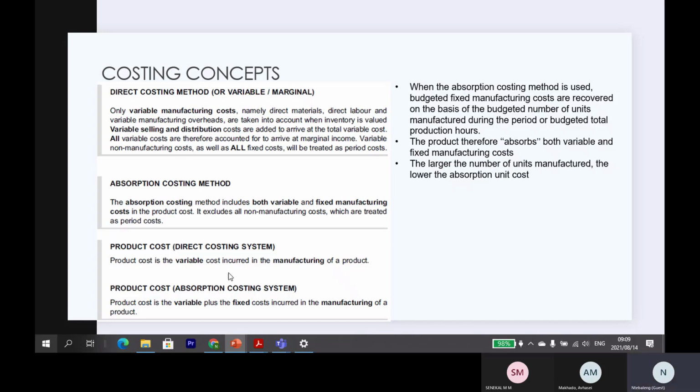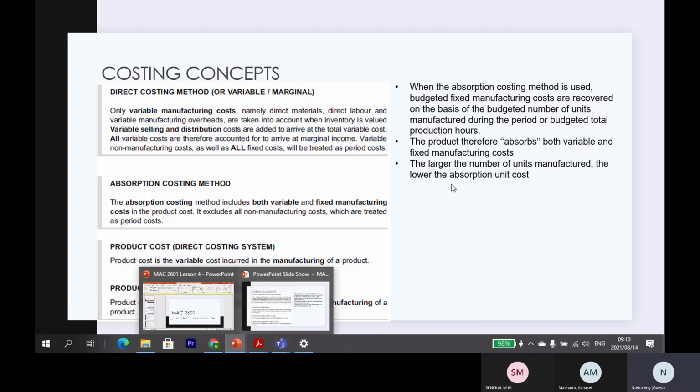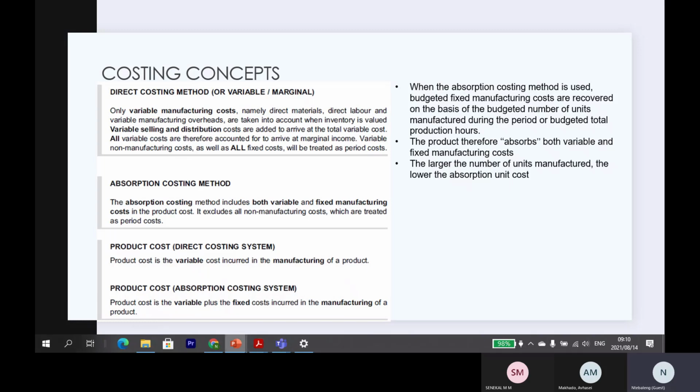So here they just explain what a product cost is: variable cost incurred in manufacturing under your direct costing, but product cost under absorption is your variable and your fixed. Okay, so just note that because it plays a role in terms of how you look at your income statement, and also when we get to the part of